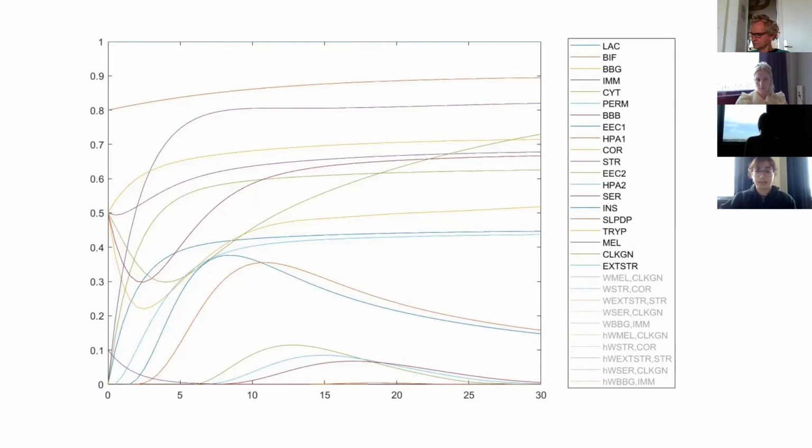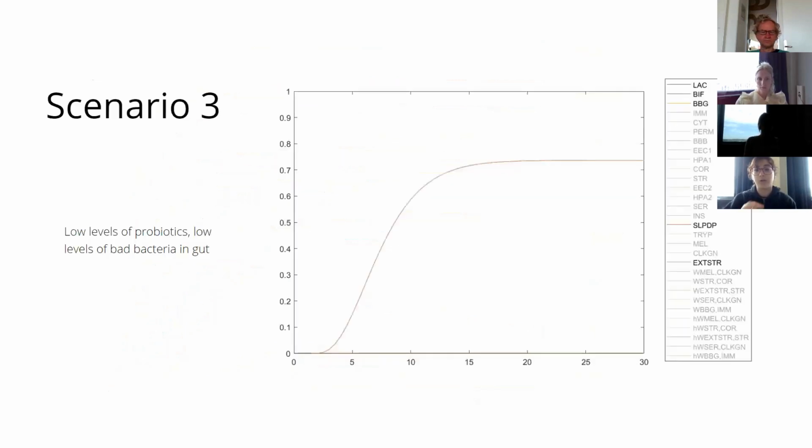Now we look at our third scenario, where we have taken all our states as low, which means that we do not have any such bacteria in our gut. We have low levels of probiotics as well as low levels of bad bacteria, which we have achieved by taking our IV states as 0 for all. So we do not have an immune response as such, but since our external stressor is 1 throughout, next slide,